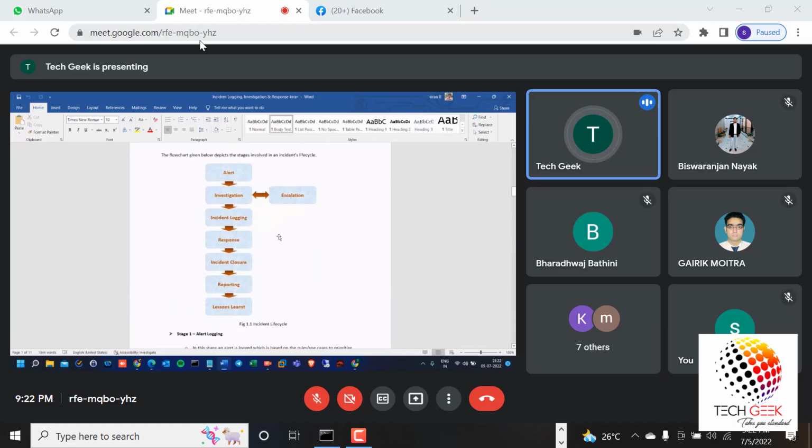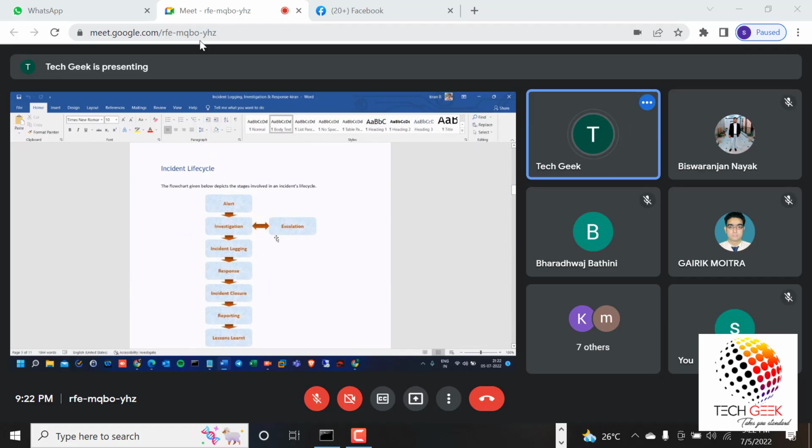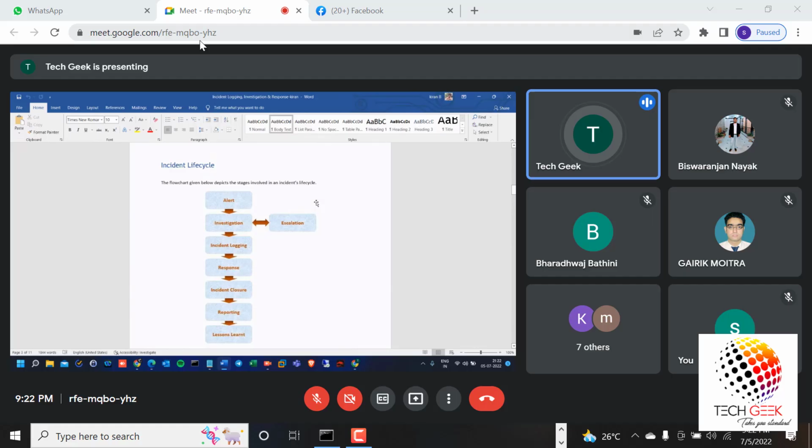So these are the steps. Incident life cycle. The first step is the alert. Whenever the alert comes, as a security analyst L1, let's take the example of an L1 fresher, whenever we see the alert, we need to assign it to ourselves. Everyone will get credentials. So if I'm in the shift, I need to assign that particular alert to myself. So this is the first stage, alert.